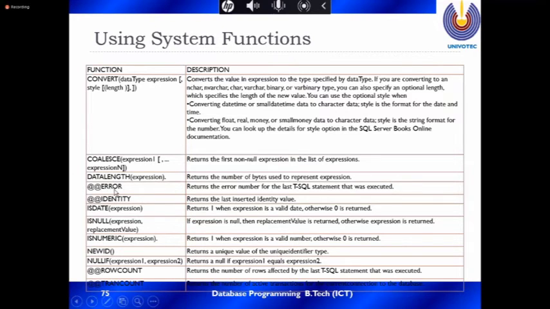This is the error function. IDENTITY returns the last identity value, which means the auto number. ROWCOUNT, @@TRANCOUNT: how many transactions are open in the database. We call these the system functions.